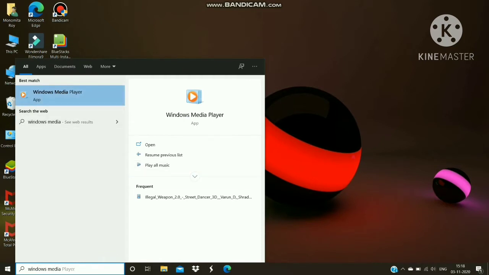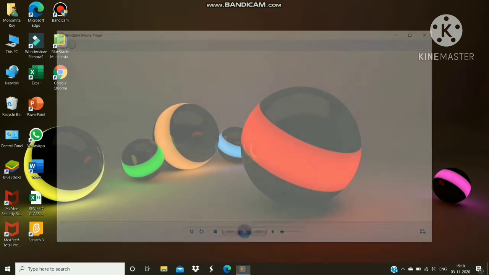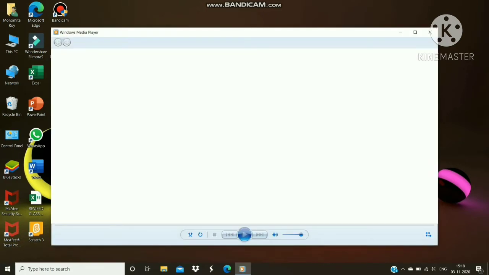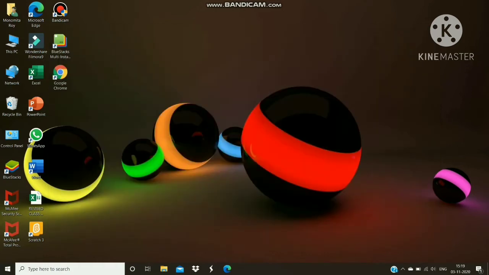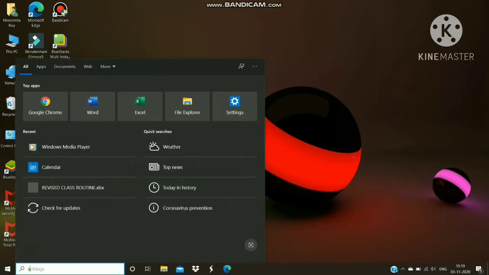Now talking about the media players, sometimes if we want to listen to MP3s or watch movies we have downloaded in our computer, we will need to use a media player, okay? And by default, this is the Windows Media Player for Windows operating system. Although I don't have anything present in my computer right now, probably next time I will show you.